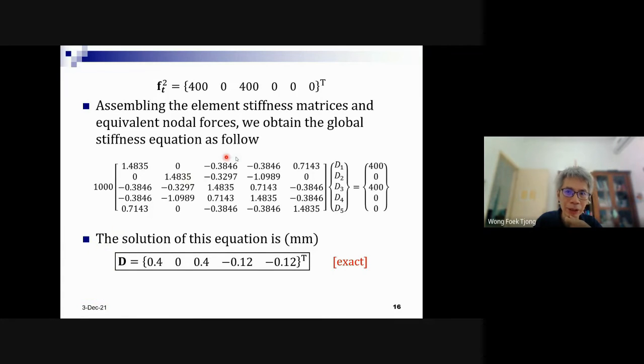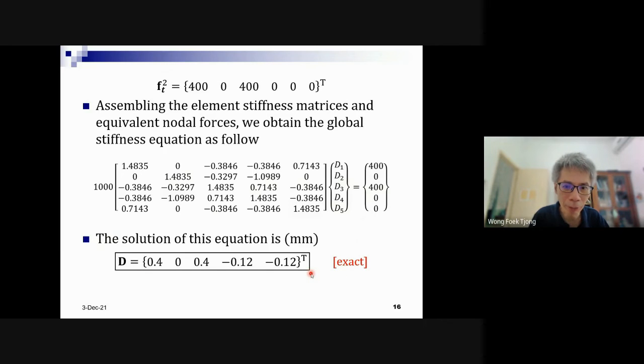Well, you can guess after this, what should we do? After we have the stiffness matrix and the equivalent of the body force, we assemble, right? That's the standard direct stiffness method. Assembling, we have this one at the global level. I will not talk in detail because I believe you already know how to assemble, right? Because the direct stiffness method is the lecture material before the mid-semester exam. This is from the assembling of the equivalent of the force. Solving this, we obtain this displacement.